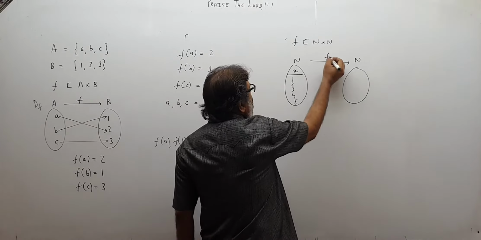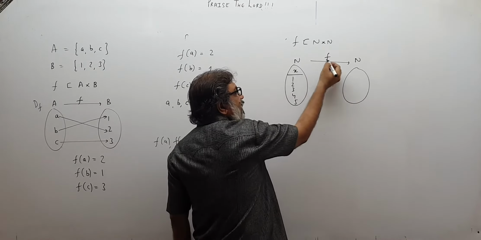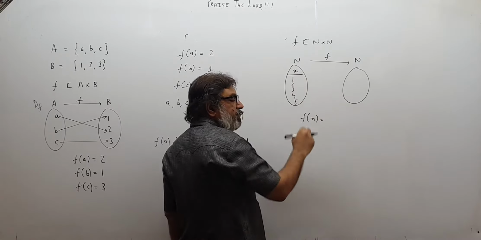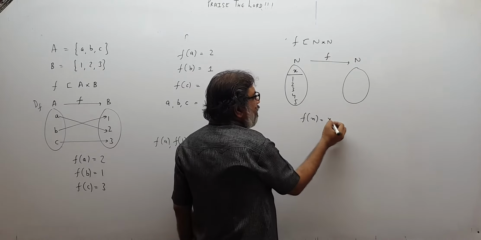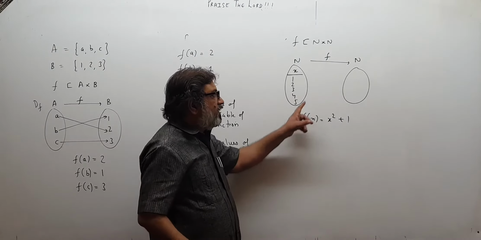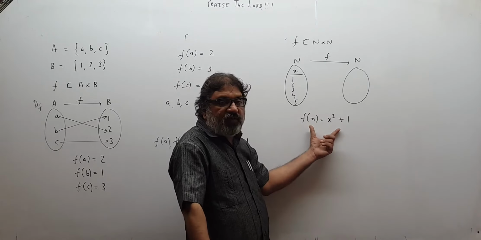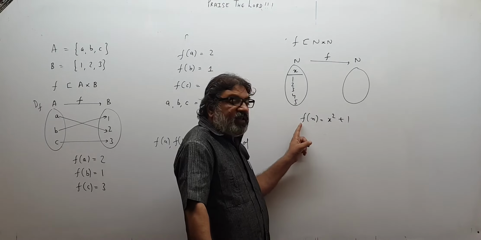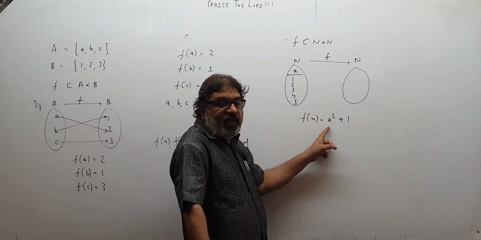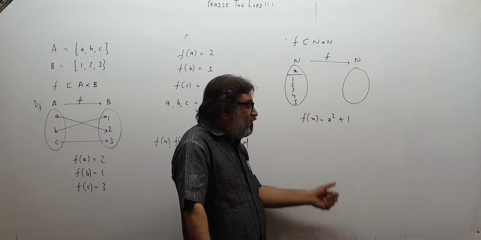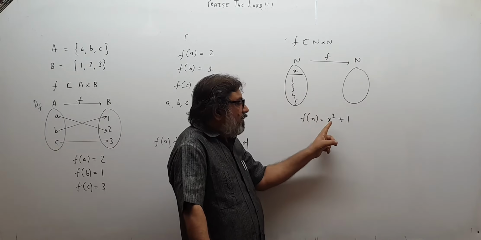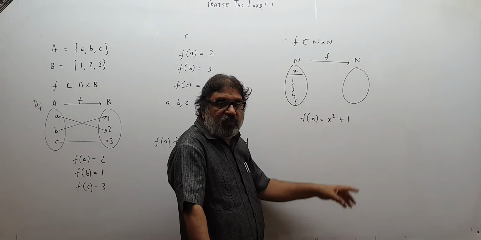And supposing this is the function f, I will put x in f. f of x, where x can be 1, 2, 3, whatever. Supposing the formula is f of x equals x squared plus 1. So what is the job of this function? This is the formula of the function. It has to pick up x from here, square it, and then add 1. That is the job of this function: to pick up any x from the domain, square it, and add 1 to it.